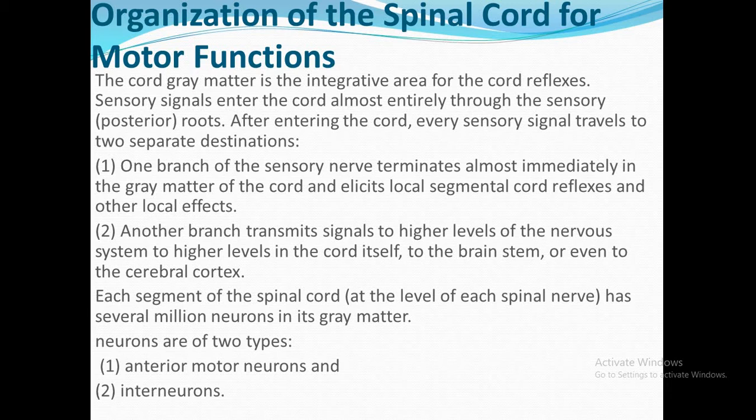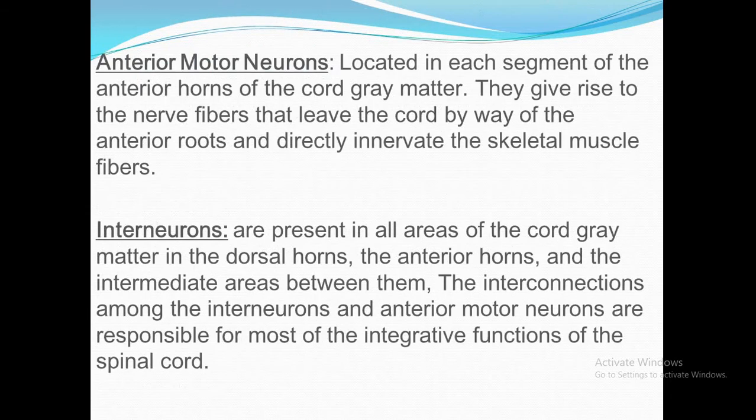Each segment of the spinal cord at the level of each spinal nerve has several million neurons in its gray matter. Neurons are of two types: one, anterior motor neurons, and two, interneurons. First, the anterior motor neurons are located in each segment of the anterior horns of the cord gray matter. They give rise to the nerve fibers that leave the cord by way of the anterior roots and directly innervate